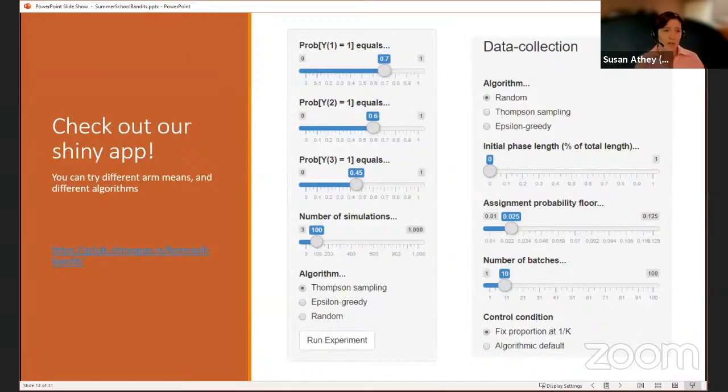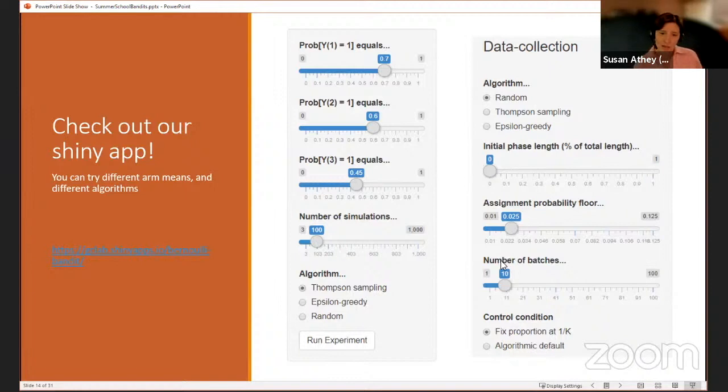So if you're interested in this, you can check out our Shiny app. We have a little R app that we wrote, and let me know if you have any trouble accessing this. But I just tested it a little earlier today to make sure it was still up and running. And here, what this allows you to do is run simulations of bandit experiments. So you can decide what kind of data collection you want to use: random, Thompson sampling, or epsilon greedy, which is another algorithm where you choose what looks best most of the time, but then you uniformly experiment the rest of the time.